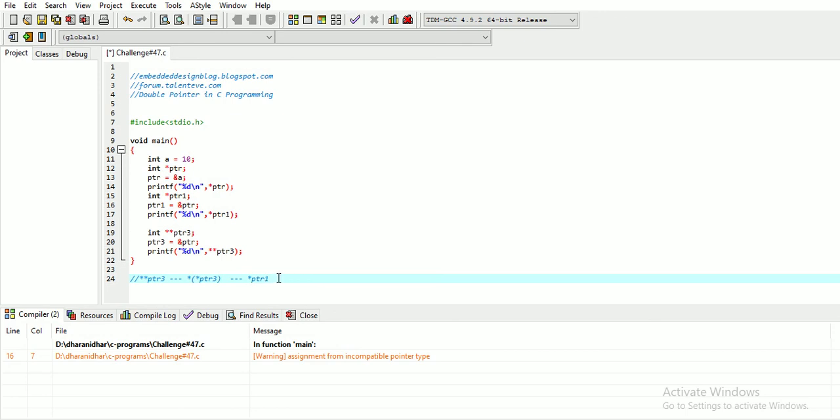So star ptr1 is nothing but the variable's address which is held by ptr1, which gives the value of a, which is 10. This is how we must expand a double pointer in simple terms for beginners to understand. So I think it is clear. A double pointer should be this way.